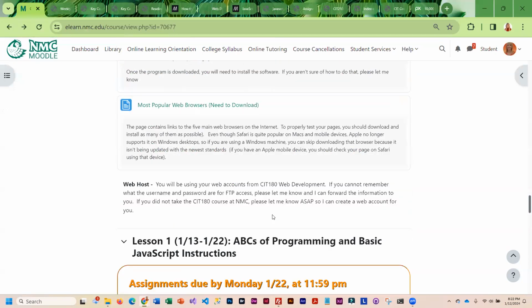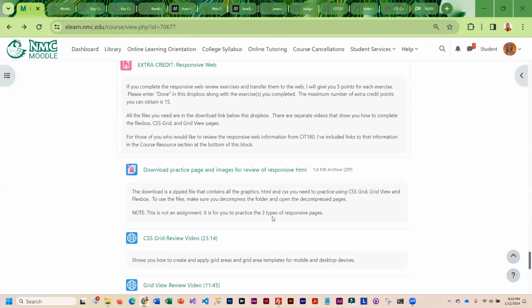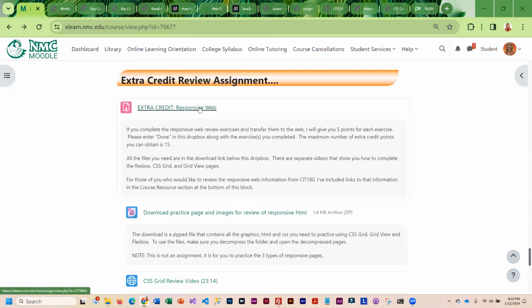As far as the extra credit goes, responsive pages are difficult for some people. So I decided to give you guys an extra credit. And this is basically a folder that is zipped and you're going to be downloading it. You do need to decompress it. And once you get the thing decompressed, then